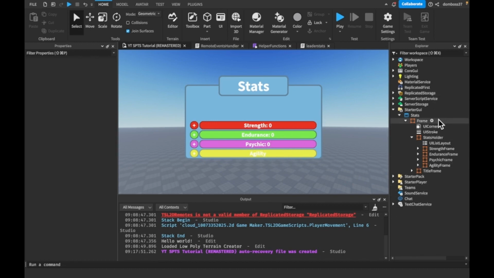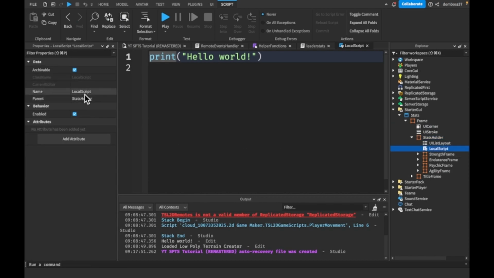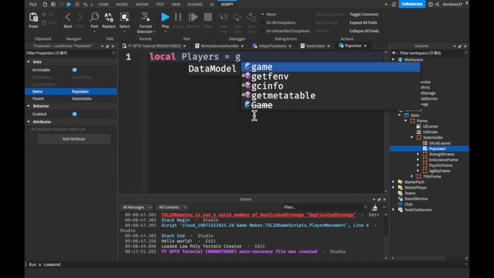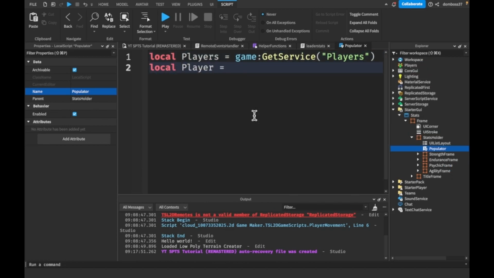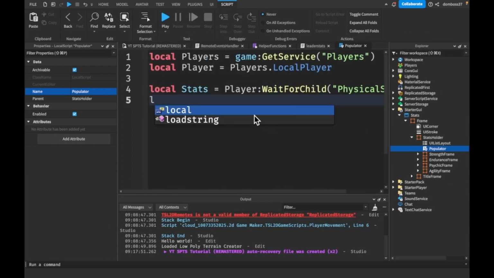I am aware we didn't make agility yet, so I just left it as agility and didn't put the 0 and stuff. So right now what we're going to do is go and add a local script inside of our stats holder, and we'll call it populator. So basically what we're going to do is our local player service is going to be equal to game:GetService players. Our local player is players.LocalPlayer, and we will get our local stats equals to player:WaitForChild physical stats,